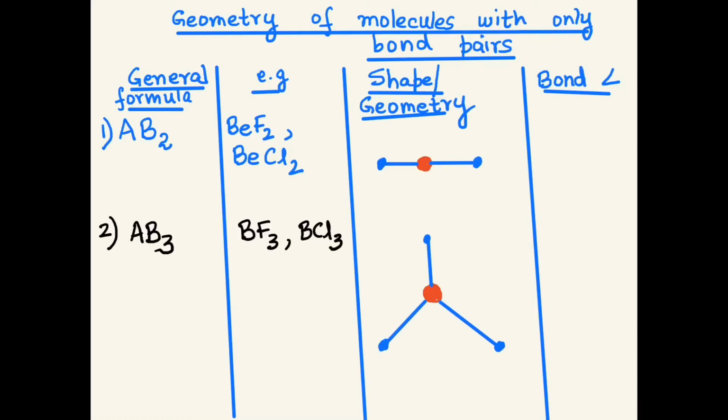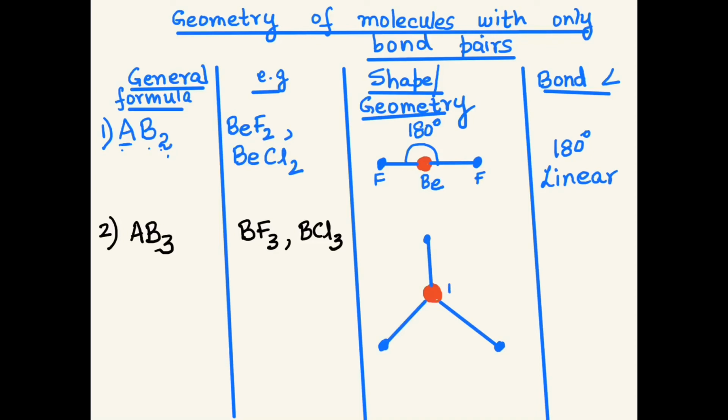So I'm taking the example AB2. AB2 means the central atom is A and the two atoms on the side. For example, BeF2. Be is the central atom, with fluorine and fluorine positioned at maximum distance apart from each other. I know you're getting bored because you've already understood this topic. Very good. So the bond angle is 180 degrees. What is this shape called? Good. It's linear. Go ahead then, draw the structure for AB3.